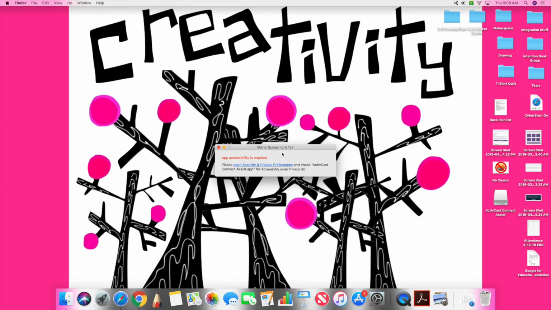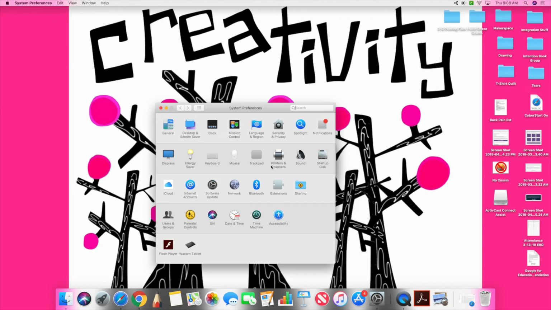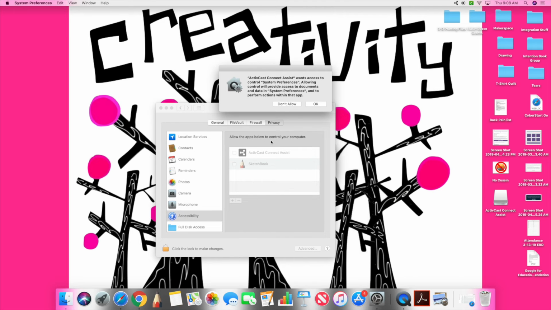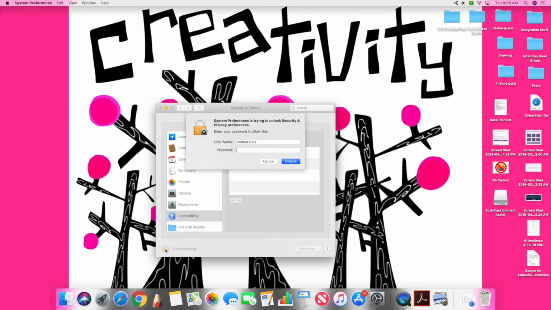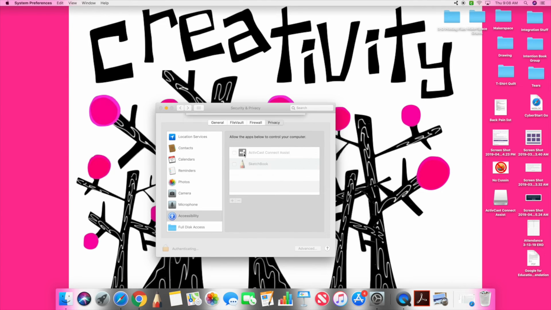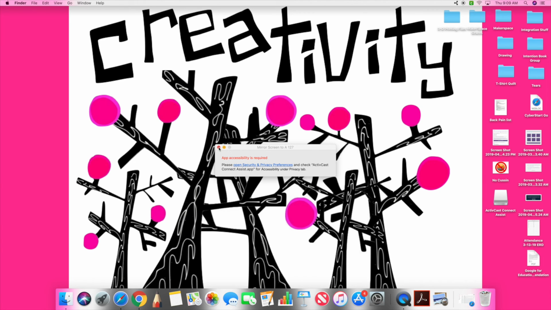You're going to get this mirroring request, so go ahead and go to Security and Privacy, wait for this to pop up, hit OK, and then unlock using your computer's password. Hit unlock. And then you want to check this, which basically just means that you're allowing them to control your computer. Click this, exit, exit,